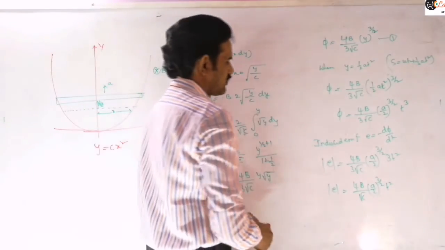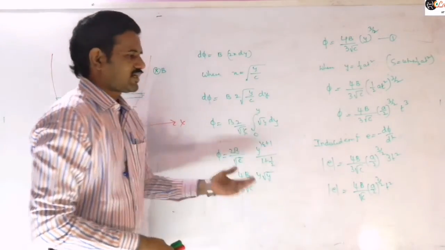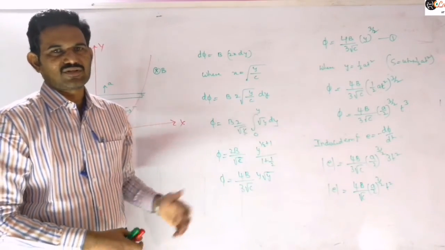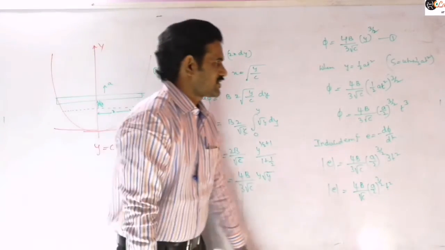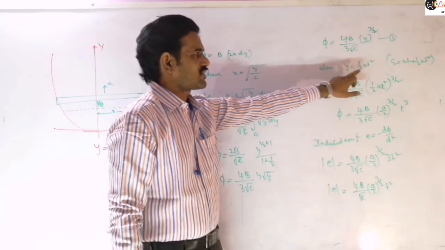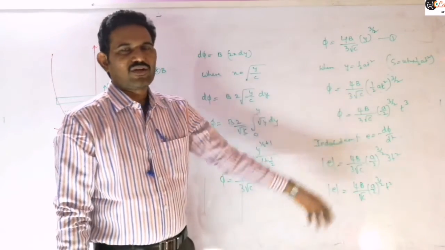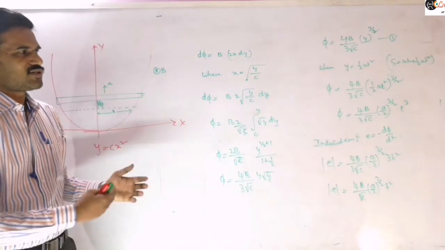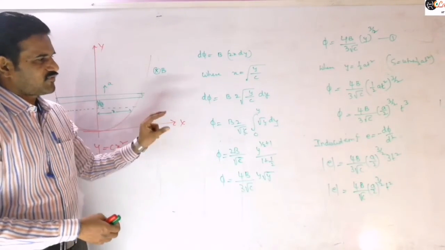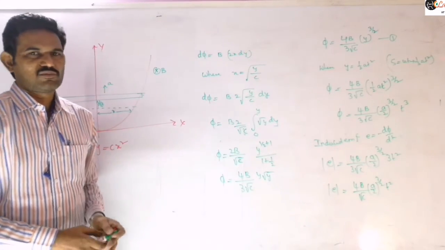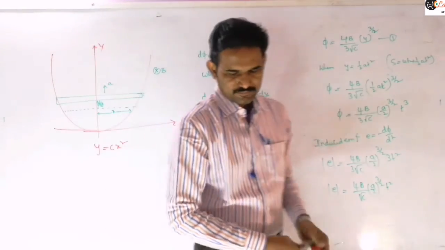So you can substitute that expression as a function of time. And finally, if the options ask for it as a function of y, then again you can substitute this half a t square term using this equation, the t square value, and you will get it as a function of y. So in such problems, you need to write the flux for the small displacement and differentiate it, and then you will get the induced EMF produced in that loop, right?